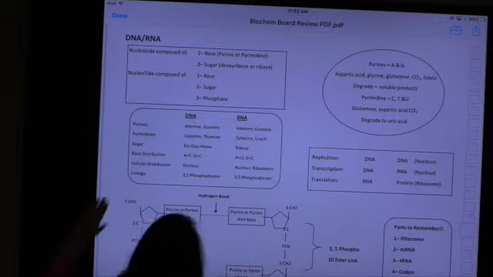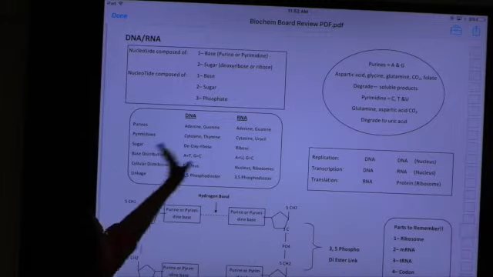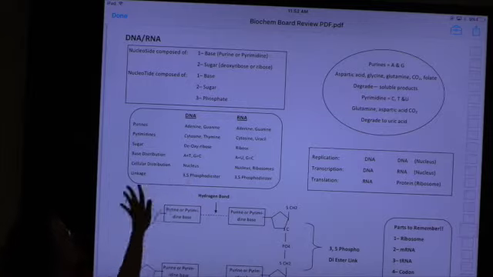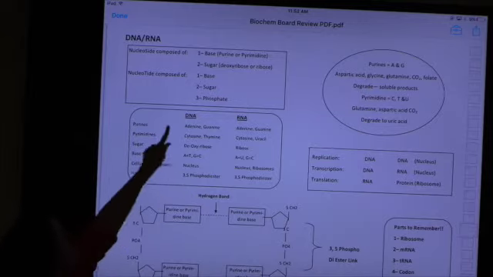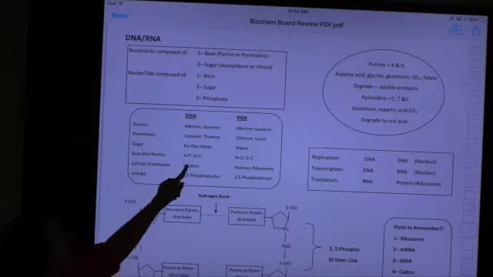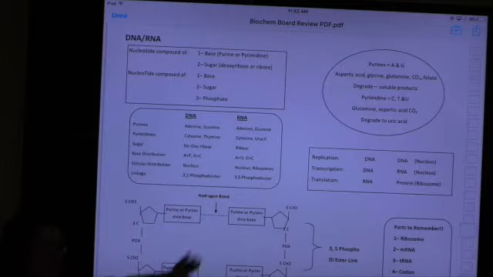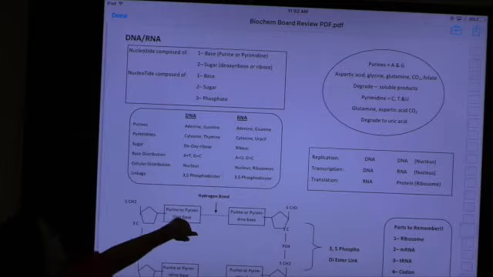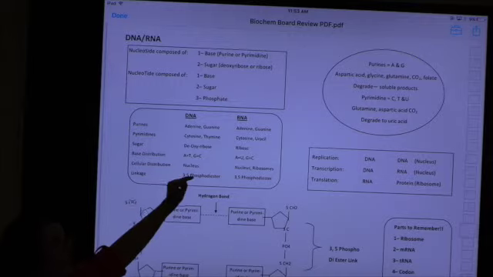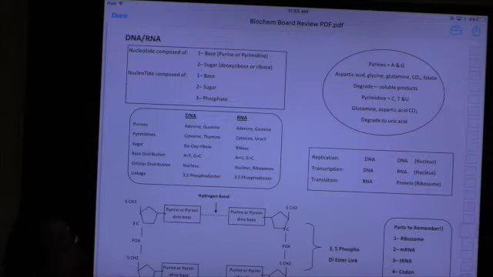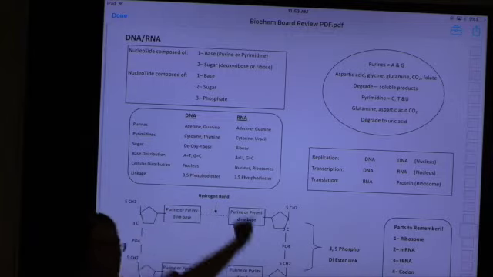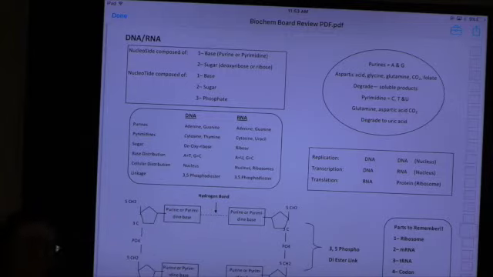I gave you this, which is basically everything I just said, from those top 2 things, just kind of in a better little chart. Make sure you know what goes with what. A goes with T, G goes with C, all that kind of stuff. The difference between DNA and RNA. Okay? DNA, remember it's called DNA because it is a deoxyribose sugar, right? And RNA because it is a ribose sugar, right? Everybody understand the difference?